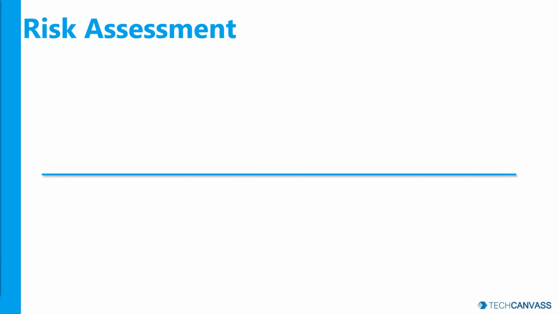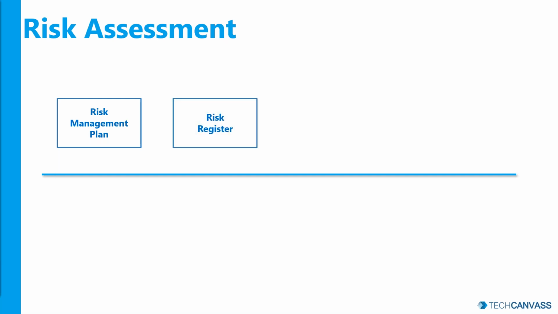And finally, as I said, last but not the least, risk management. Your project would be having risk from day one. So this is something a project manager would be busy with throughout the project. In the risk management plan, you would mention how you would identify risks, how you would analyze risks, quantitatively or qualitatively, and then how you would respond to risks. And how do you classify risks? All this will be part of your risk management plan. And where do you store your list of risks? It is a risk register. And how would you prioritize the risks?